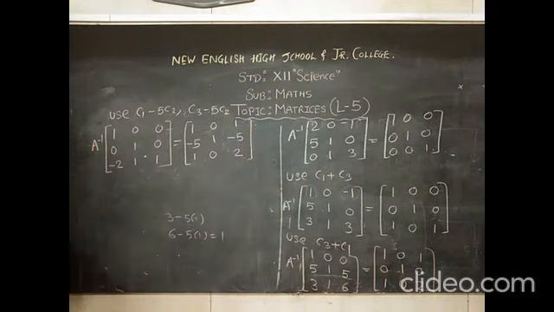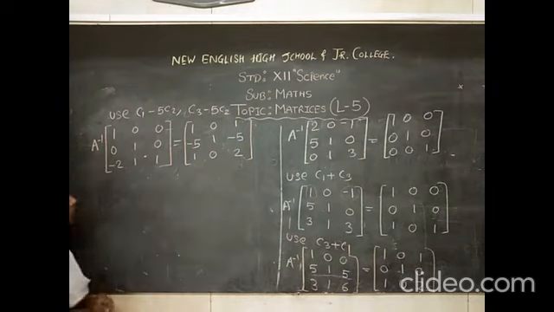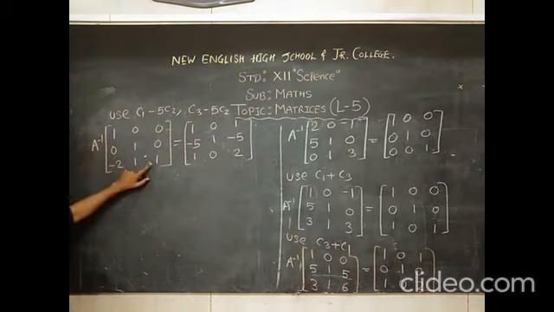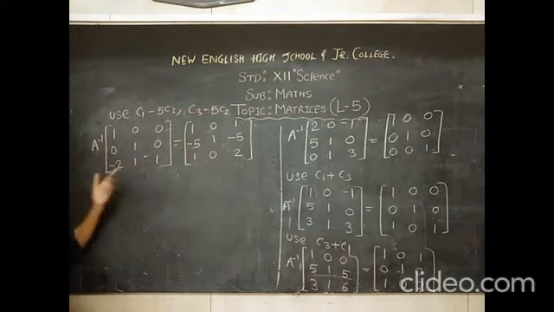Done, children? Now, you can see first row 1 0 0 as we wanted to find, we have got it. Second row 0 1 0, okay. Third row minus 2 1 1. We wanted 0 0 1. 1 is already here. Just we will make this one 0 and this minus 2 0.